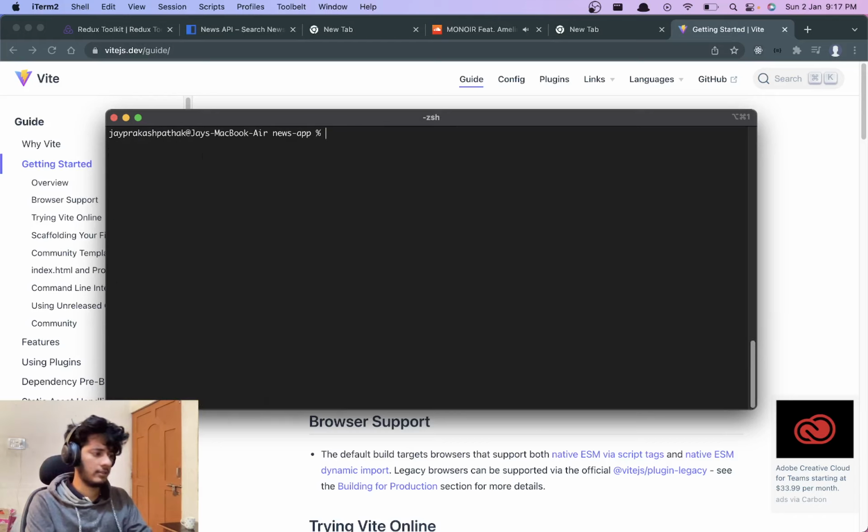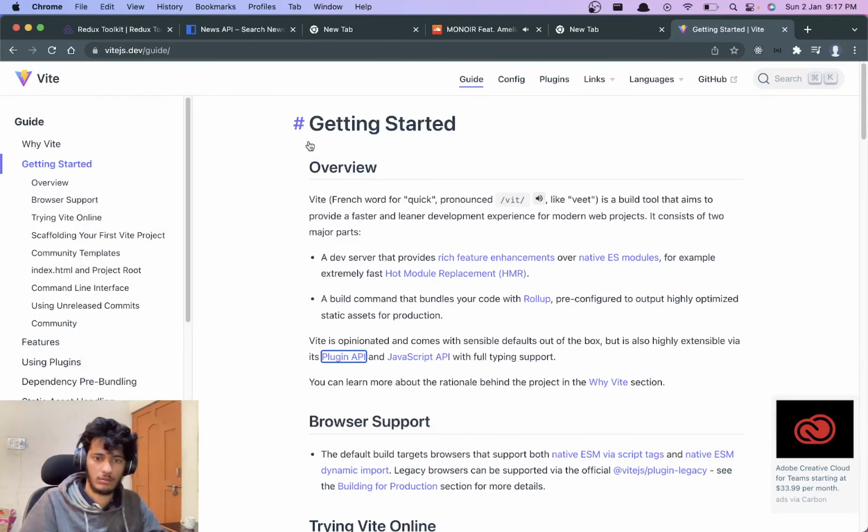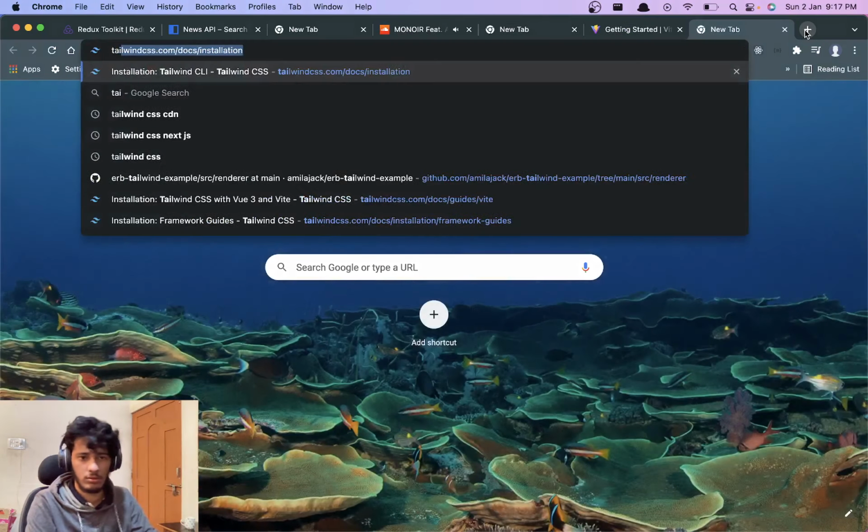Once we have done that, the next thing is Tailwind CSS. Do you want to use Tailwind CSS? Yeah, I want to use it.